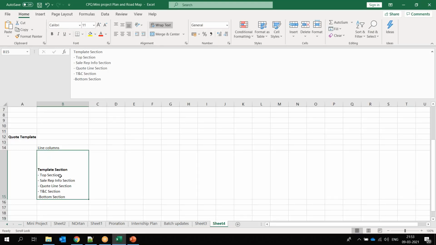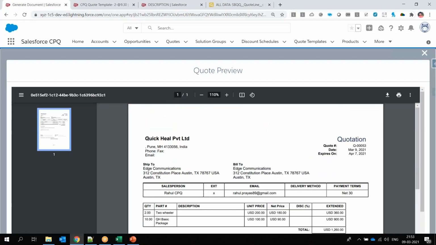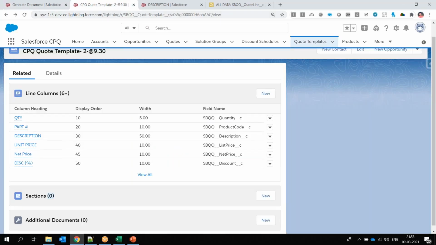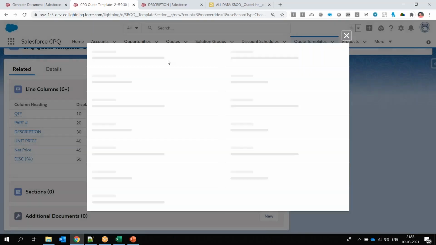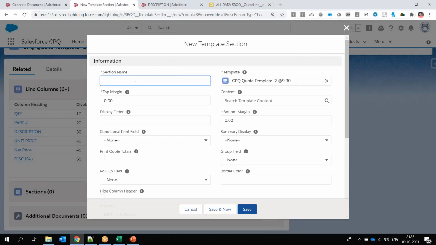So let's create at least one section. I will show you what I'm trying to say here. For example, you don't have anything here. So what you will do, first thing is you need to create a template, then you need to add line items, and then you need to create a section. So all these sections I will create quickly. My first section is top section, right? I will say top section, display order as 10,